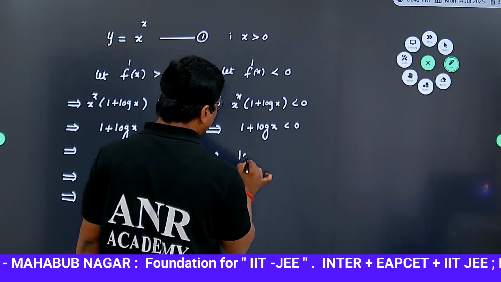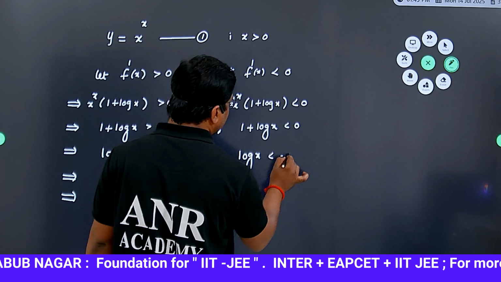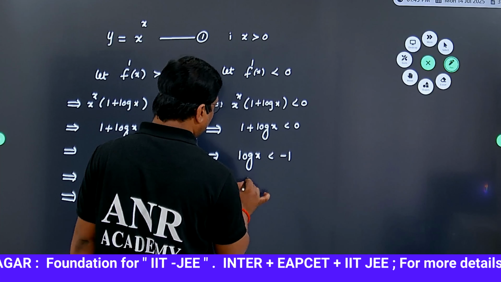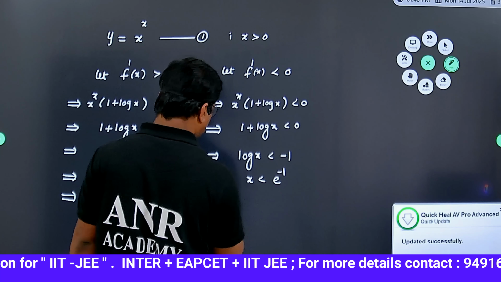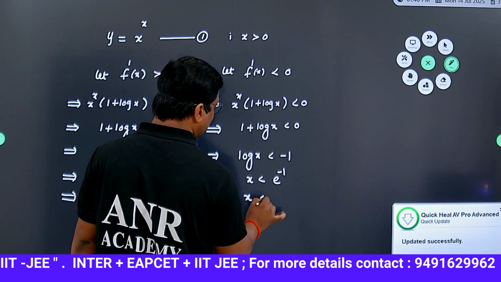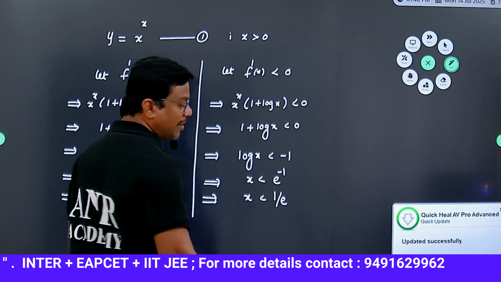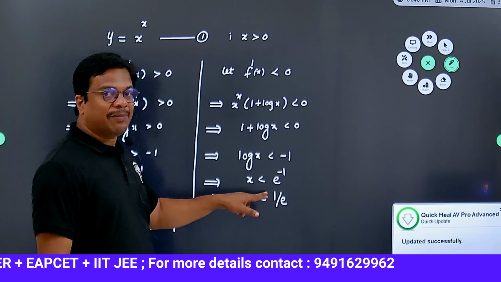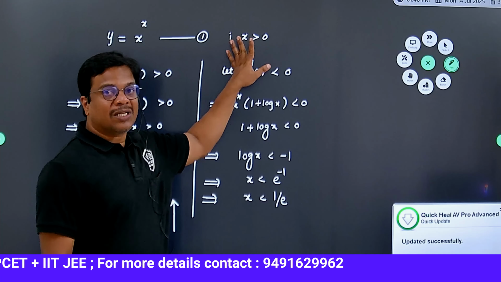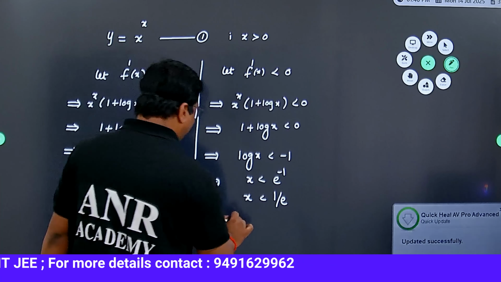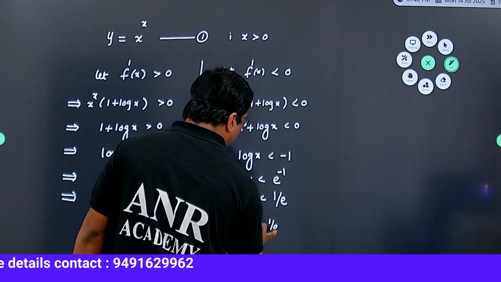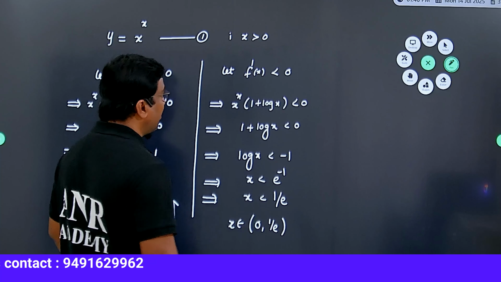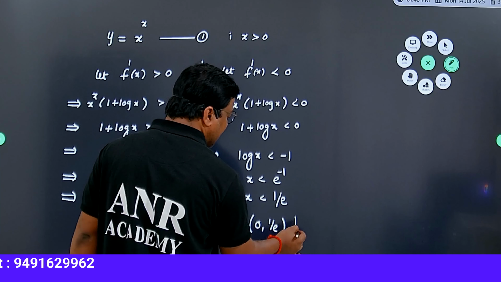This implies log x less than minus 1, which implies x is less than e power minus 1, that is x less than 1 by e. X less than 1 by e but more than 0, remember. Therefore x belongs to 0 to 1 by e. In this interval the graph decreases,